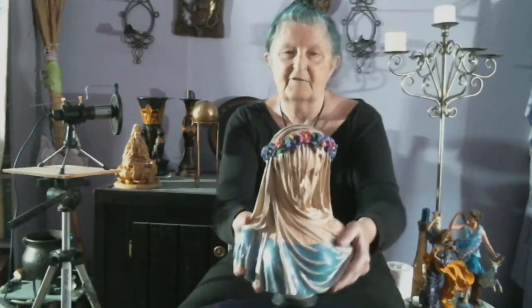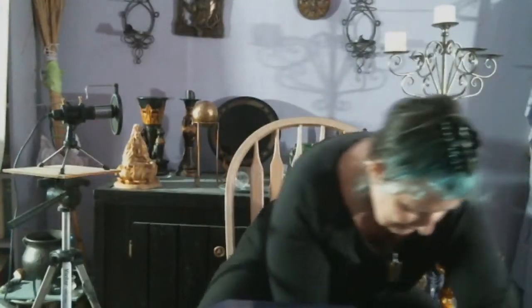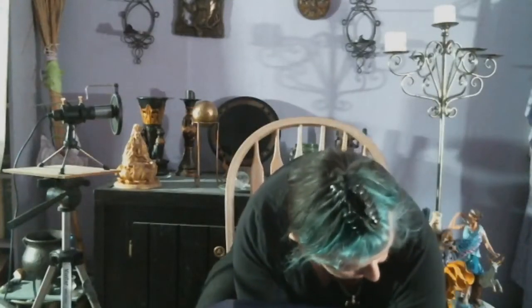And she sits in my bedroom. I have a corner hutch that has some of my larger pieces in it, and she sits right at the top, so she's overlooking everything in my room, which I kind of like. So this is decorating your house as a witch on a budget. All right, so